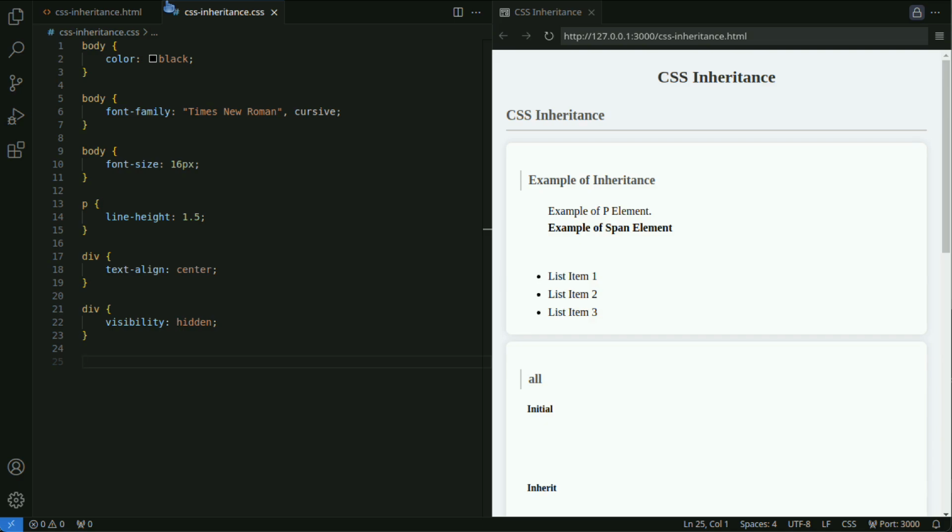Visibility is a property that controls the visibility of an element. When set to hidden, the element becomes invisible. In this case, child elements within the div will also be hidden. In this case, list items within the UL tag will be displayed with square markers.